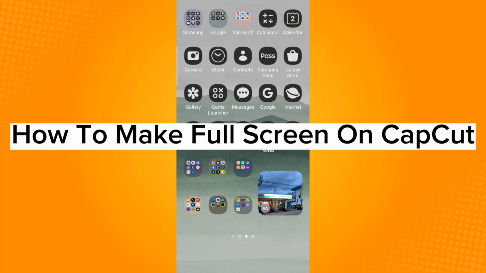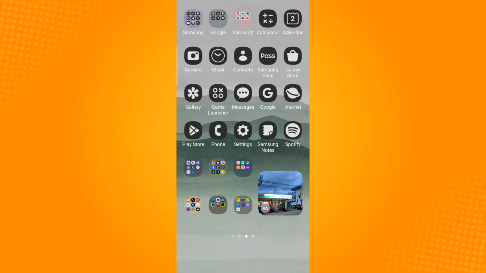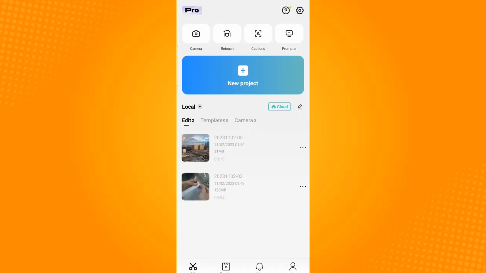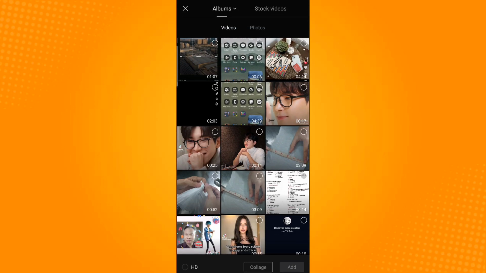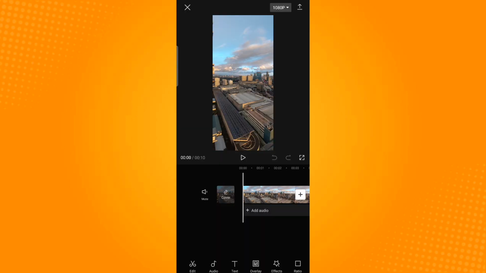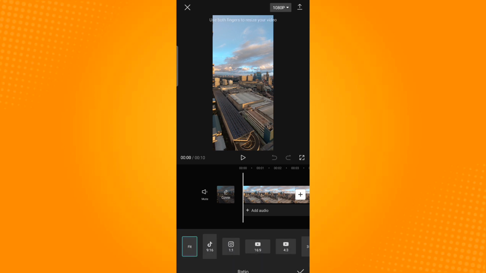How to make full screen on CapCut. So first is to launch the application and then tap on New Project, and from here select the video that you want to upload. Now in the list of icons found below, select Ratio and then choose the ratio of